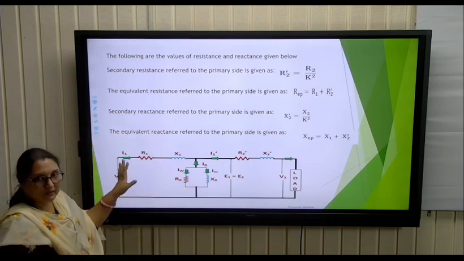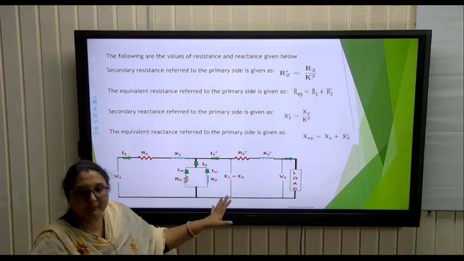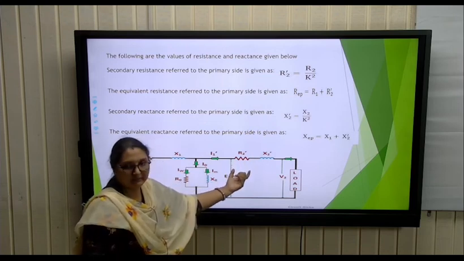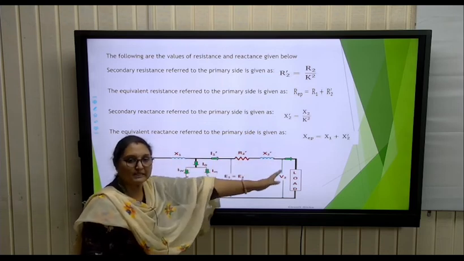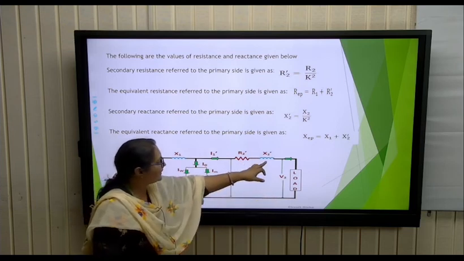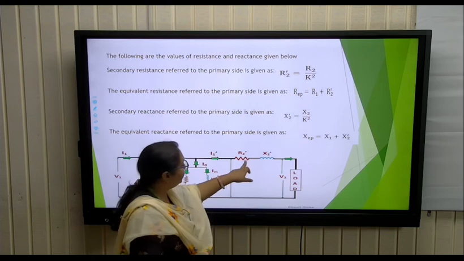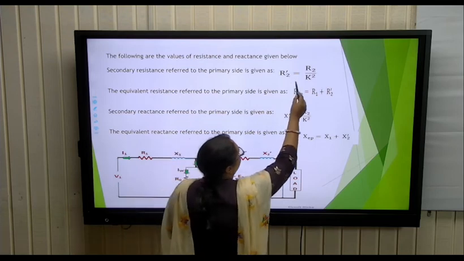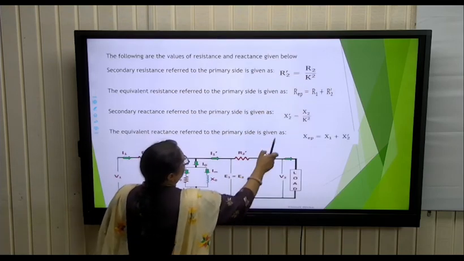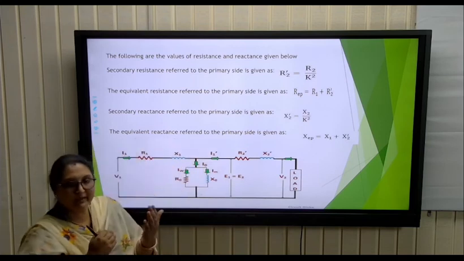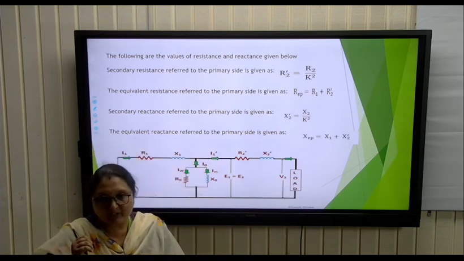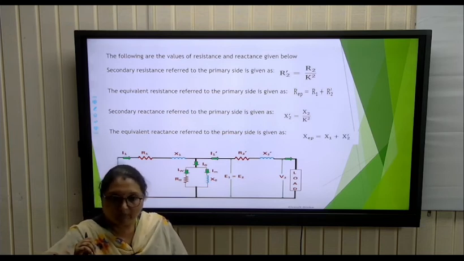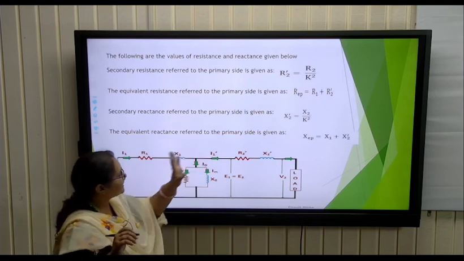So this is the equivalent circuit of a transformer when the parameters are referred to the primary side. See, these are the parameters which are transferred to the primary side. In the initial slide, these were reflected on the secondary side. And R2 dash, X2 dash, these are the reflected values on the primary side, or referred values on the primary side, and you can calculate them using these formulas, this one and this one. Because we have the relation with respect to the transformation ratio, that will remain constant. That is the number of turns on the secondary to primary, that is not going to change. Okay, so we need to calculate R2 dash and X2 dash.